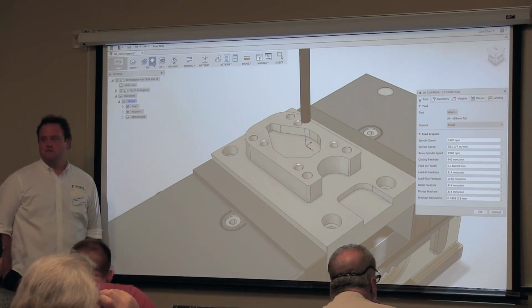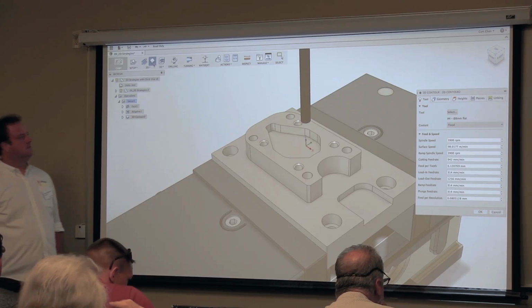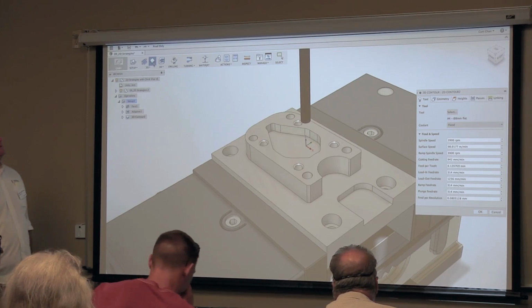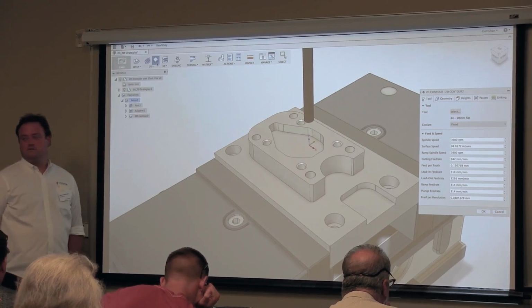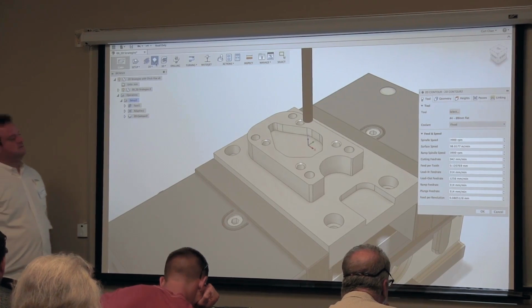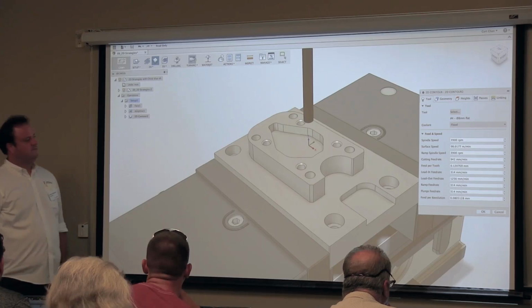So now we're going to talk about geometry, because you realize that everything has been magic so far. You didn't have to touch any parts, you didn't have to touch any edges. It just goes ahead and machines it all and faces it for me. But let's say you want to start recognizing certain features you want to machine, and this is where this comes into play. So if you click the geometry tab for me,